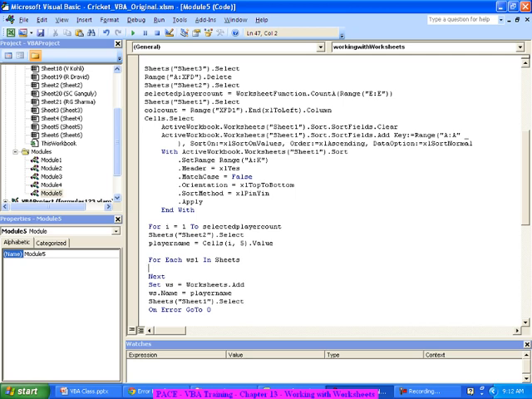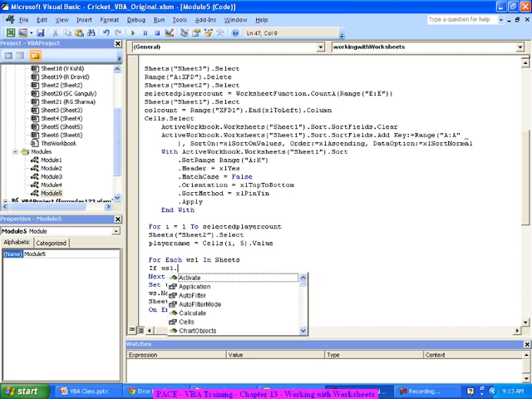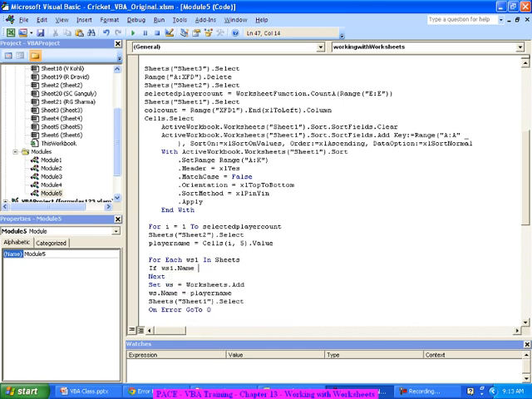Right? If that sheet exists with the player name. If ws1.Name is equal to player name, go to,